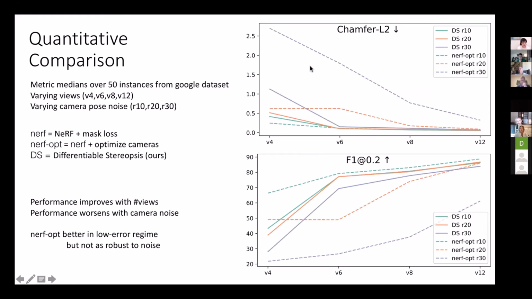Now, this was with 30-degree noise. Suppose I had 20-degree noise. Then you get these other curves, and these are better. Both approaches do better with less camera noise, but again, NeRF is slightly worse. But the difference doesn't matter once you get to enough views. And if you have only 10-degree noise, then they basically can't be distinguished from 6 views on. So if you have relatively little camera noise and lots of views, there's no reason to pick one or the other. They are the same. It's only that our approach is, I believe, more robust.